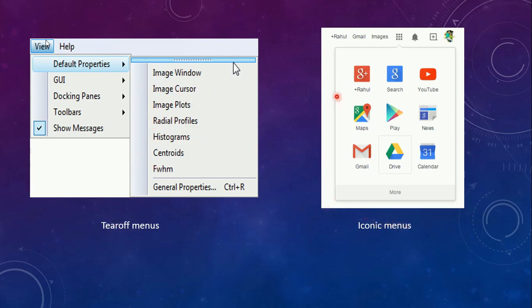And next you have iconic menus. You might have seen iconic menus. When you are using iconic menus, generally it will display certain graphics to show the icon. In Gmail or any kind of system, you may have seen this kind of menu. Iconic menu we say, with certain figures or diagrams you can see. See how YouTube shows a structure like this. So this is an icon. This is called an iconic menu.